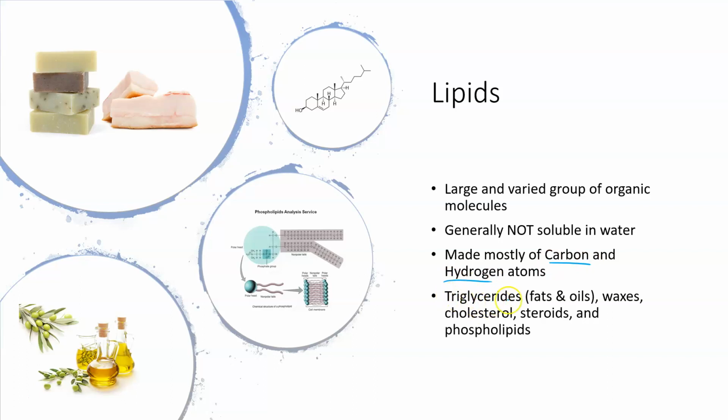Triglycerides are one of the big groups of lipids that constitutes the fats and oils. Fats obviously being animal products, oils being plant products. Waxes are a type of lipid, cholesterol is a type of lipid, steroids are a type of lipid, and phospholipids, obviously, because it has lipid in the name, is a type of lipid. So we're going to differentiate between all of these types. We're going to talk about what they're used for and really talk about what the structure and function is of